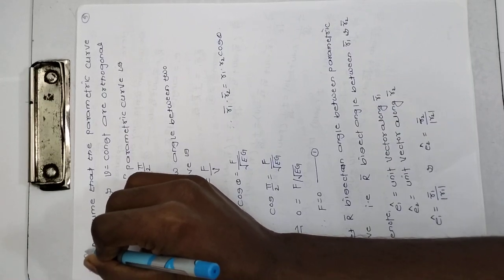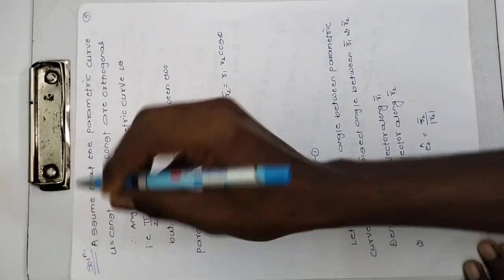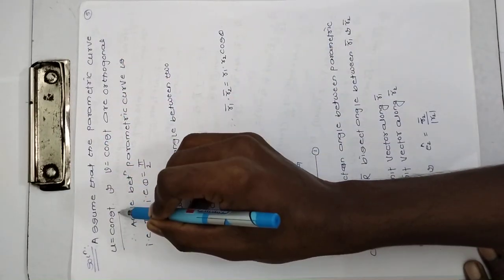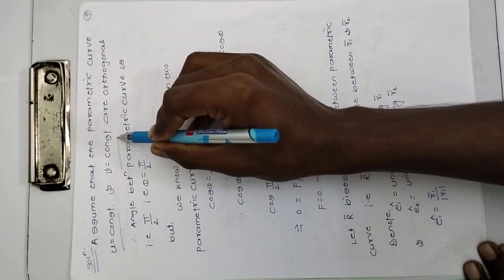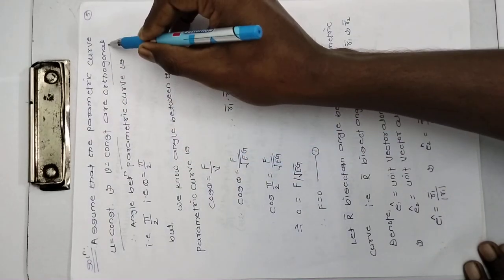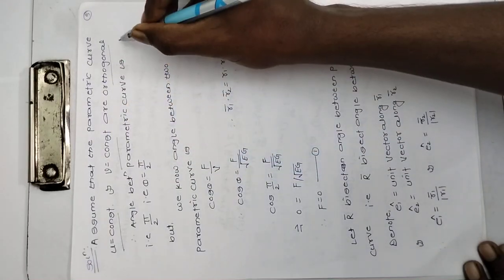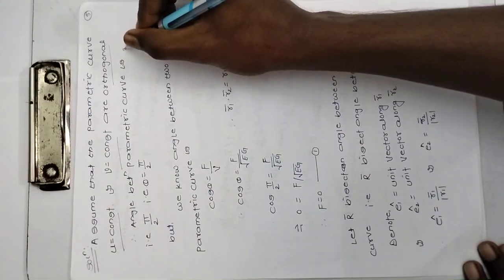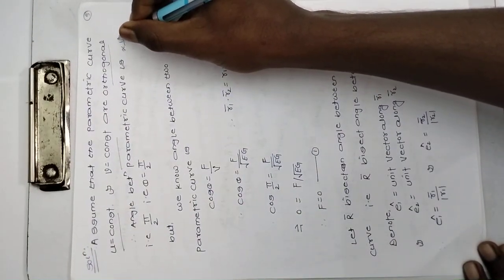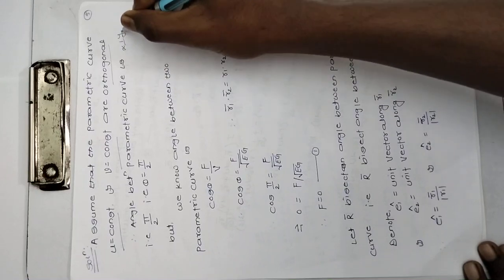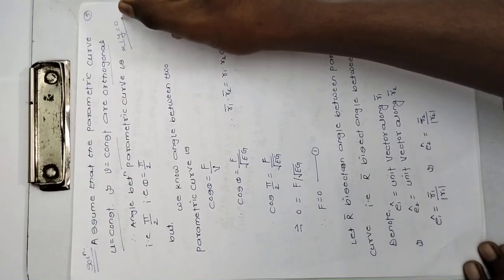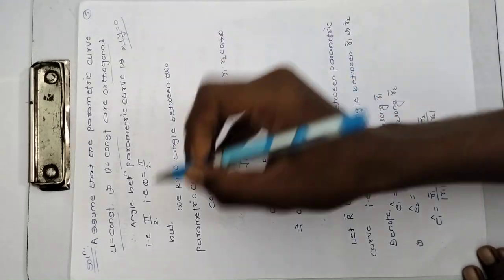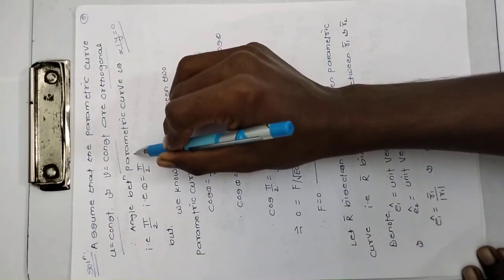Solution is, assume that the parametric curves, that is U is constant and V is constant, are orthogonal. Orthogonal means a vector is perpendicular to another vector, their dot product is equal to 0. That means these two vectors are orthogonal to each other. So therefore the angle between the parametric curves